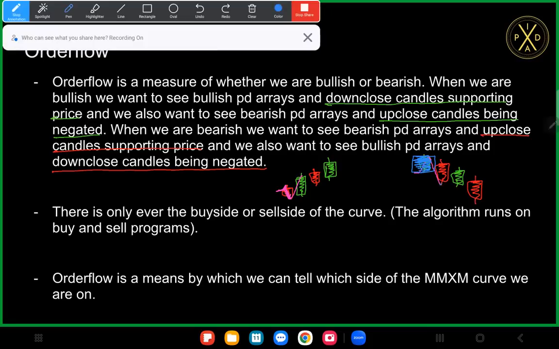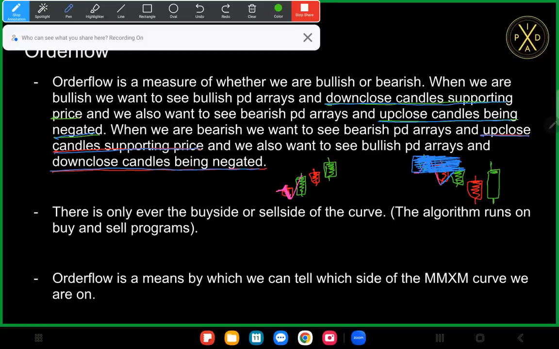So when price is coming back into it, this area right here should serve as some sort of resistance. So how do we know when order flow has changed? Well, both of these conditions of order flow, the down close candles supporting price and the up close candles being negated, need to change when we're changing from bullish to bearish. And both these conditions of up close candles resisting price and down close candles being negated need to change, right? So you can't say that we have a change in order flow just because price